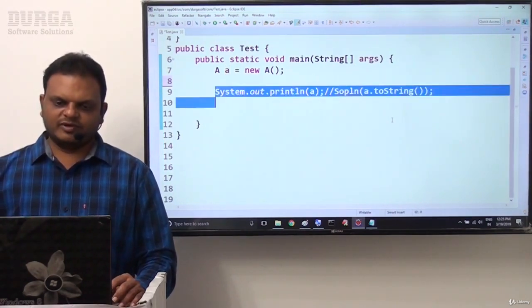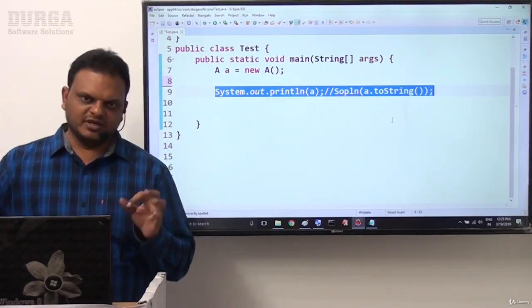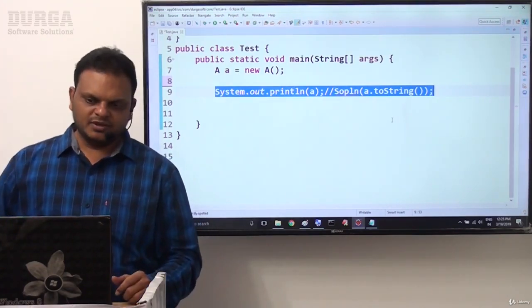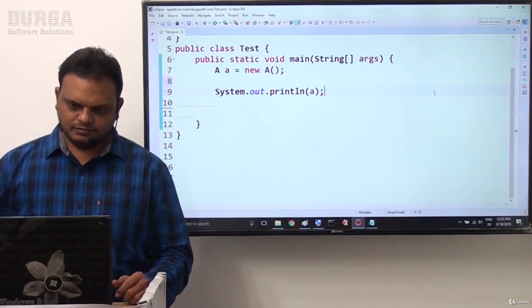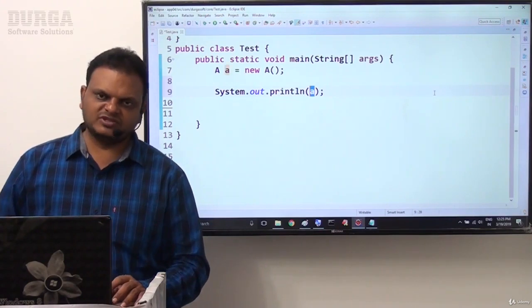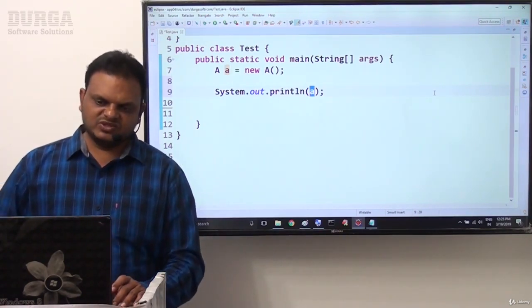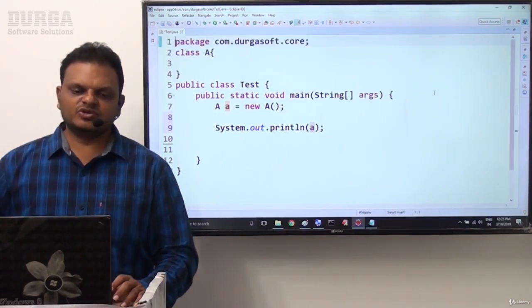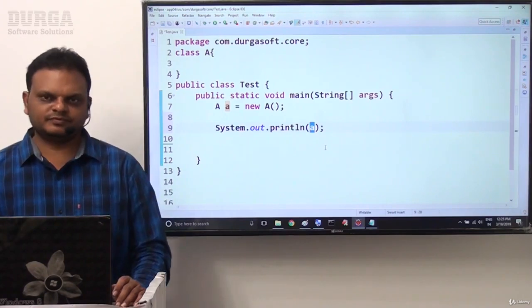Now here, when we provide System.out.println of A like this, internally the toString method is executed. But how is the toString method executed internally? When the JVM accesses the toString method over the A reference variable, first the JVM will search for the toString method in the class which is referred by the A variable.